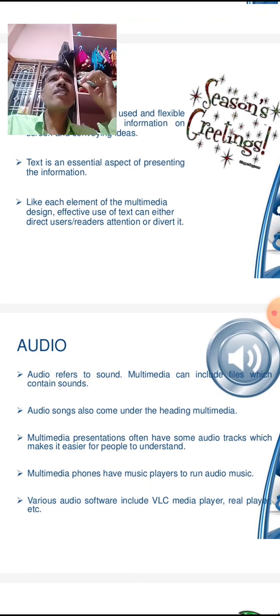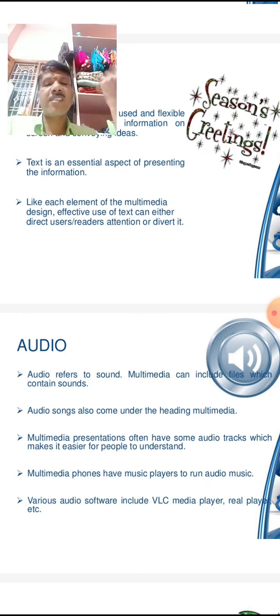Audio may be a voice, a song, a lecture, or any background music, etc. Multimedia presentations often have some audio tracks which make it easier for people to understand. Multimedia phones have music players to run audio music. Various audio software includes VLC media player, RealPlayer, etc.